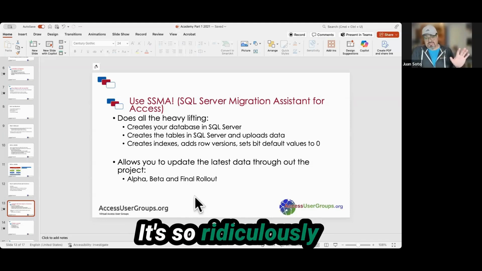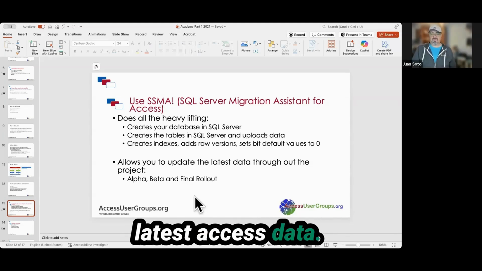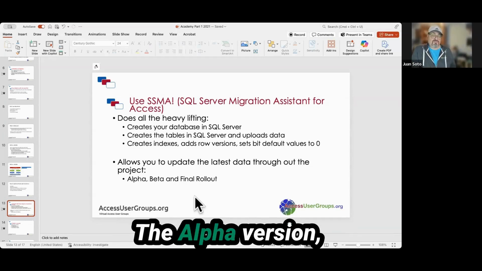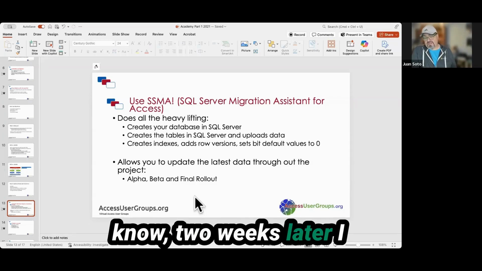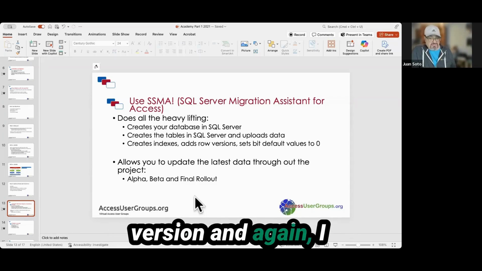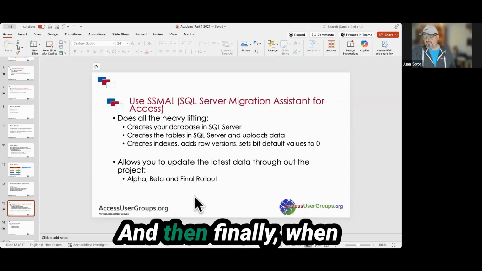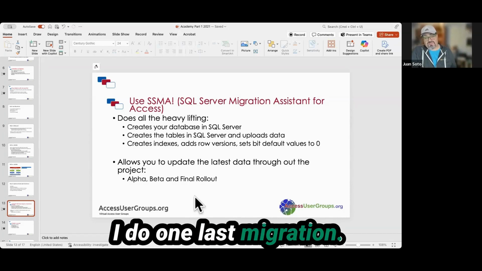It's so ridiculously easy to update SQL Server with the latest Access data. You'll be seeing that. And then I show them the alpha version, get their feedback, go away, and two weeks later I come back with a beta version, and again I update the database in SQL Server. And then finally, when we do the rollout, I do one last migration.